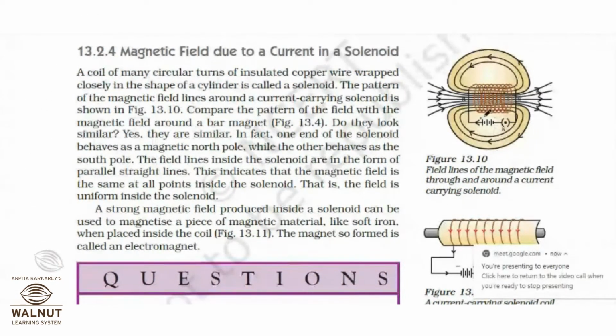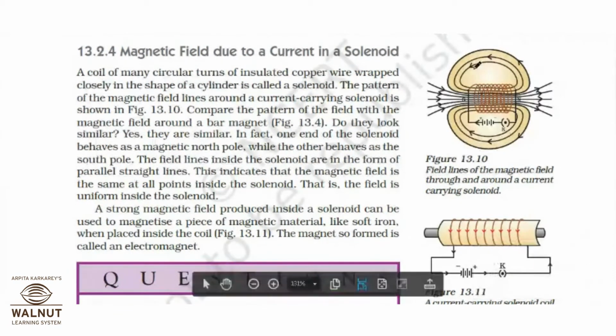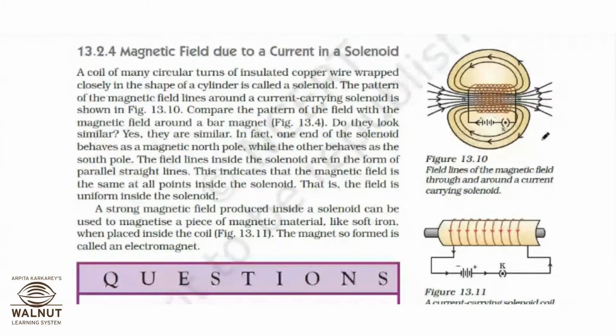When it is connected to the battery and the key is closed, the current starts flowing. Due to the current flowing in that coil, it starts behaving as a magnet. If it is behaving like a magnet, it will generate a magnetic field around itself, and we can depict those fields with the help of lines, like you can see over here. It should have poles also, north pole and south pole. Because this magnetism is created with the help of electricity, we also call it an electromagnet.